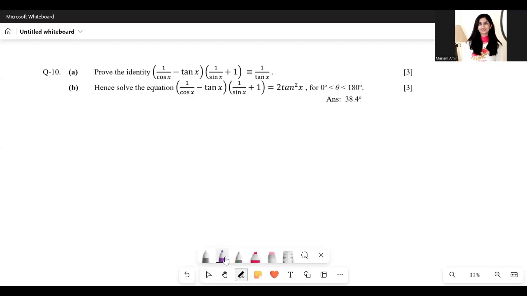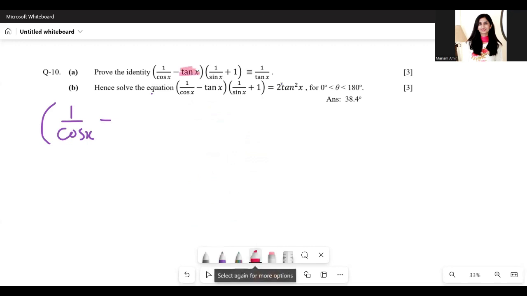Question on trigonometry, trigonometric identities. That is, we have to prove that this side can be simplified and become 1 over tan x. Okay, let's get started. So I'm going to write the left-hand side: 1 upon cos x minus,